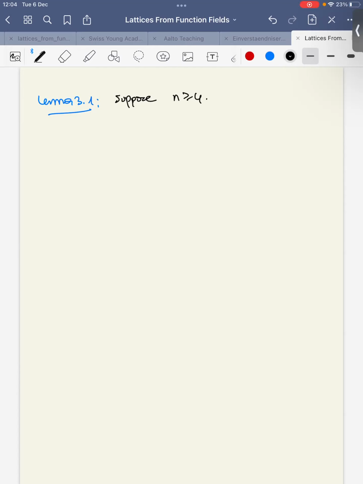And in the first case, if we suppose that n is bigger than or equal to 4, actually I confused the notation. This is going to be capital N. So if we suppose that our n-tuple contains at least 4 rational places. In this research paper, by the way, they studied only the rational places. And I highly recommend you explore what happens when you work with higher degree places. But in this case, if we have at least 4 rational places in this n-tuple, then the minimum distance of our elliptic function field lattice is 2,